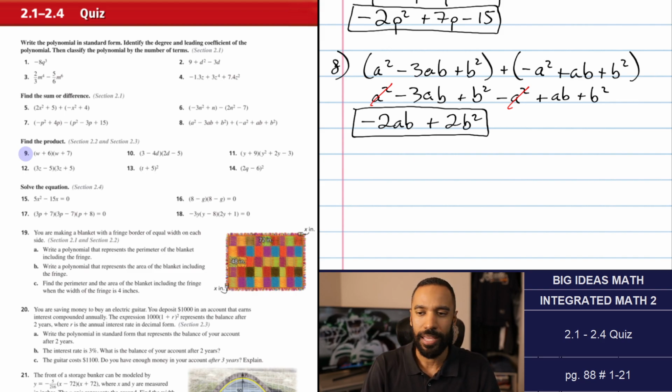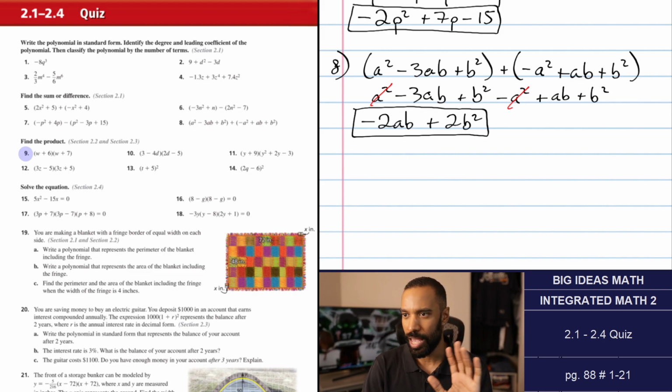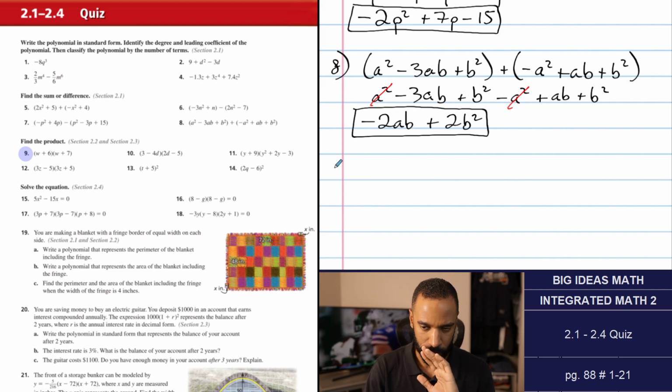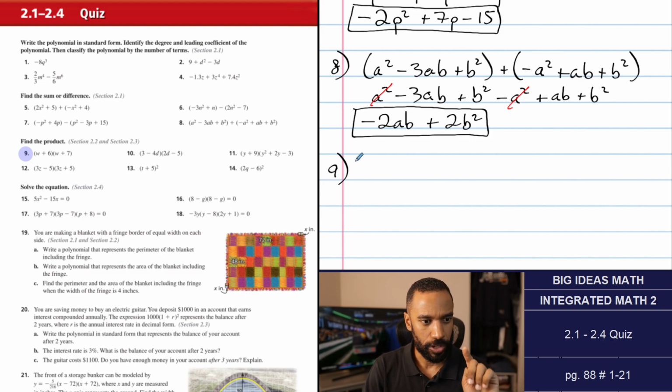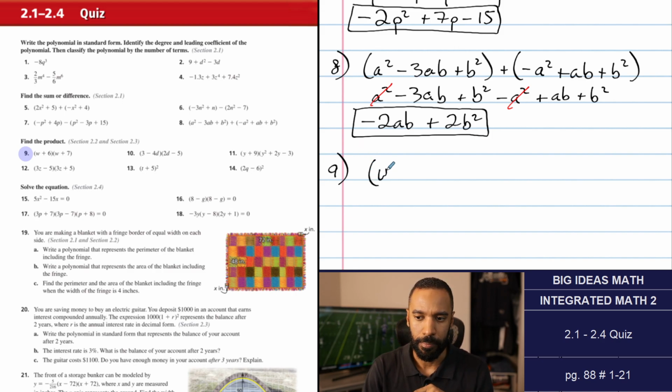Okay, we have numbers 9 through 14 where we're going to find, and actually here, before I even talk about this, first of all, everything we just did before was in section 2.1. Secondly, looks like this is going to hit a little bit of 2.2 and 2.3 at the same time. But what I want to mention is, as I write this problem out, w plus 6 times w plus 7,